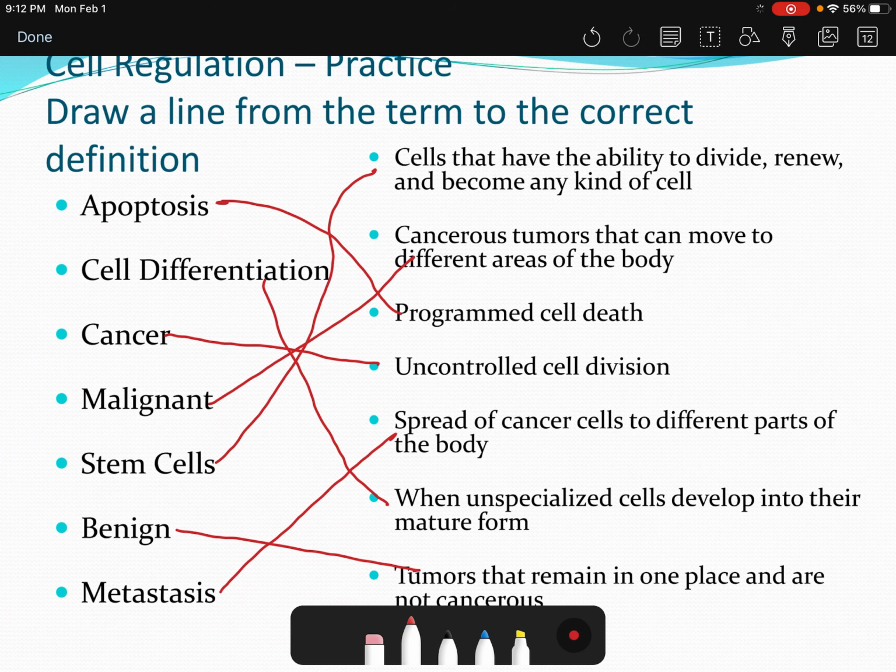And so those are some new terms. So these all deal with various things that kind of control cell division, regulating them. And that kind of covers all of our mitosis in the cell